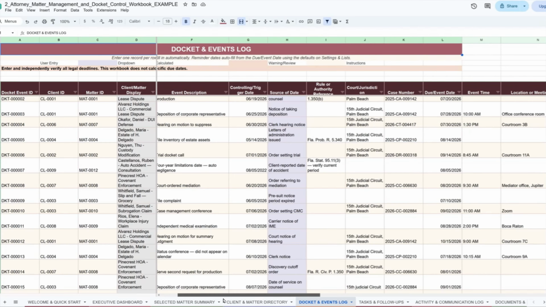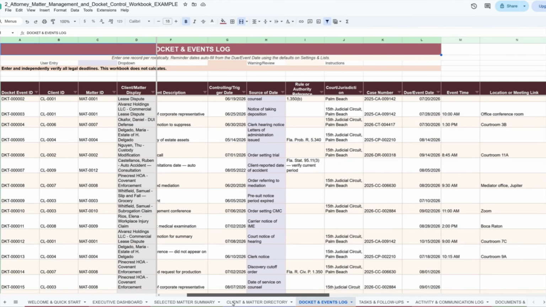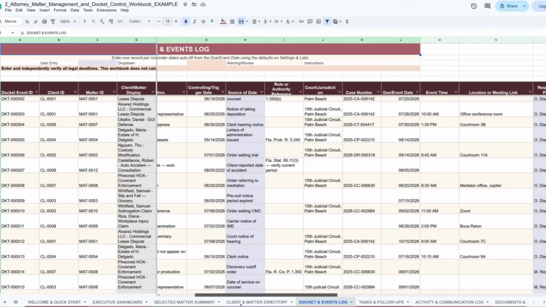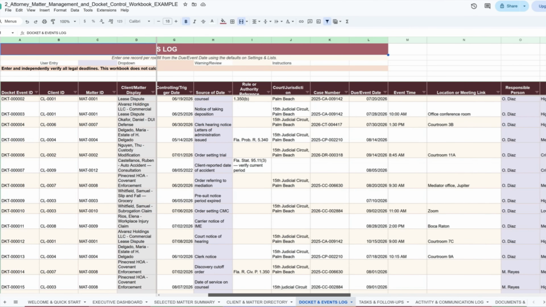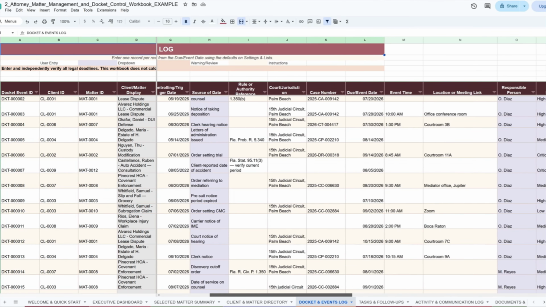The user then selects the appropriate Matter ID. Click a Matter ID dropdown or select an existing Matter ID. Point to the populated description. After the Matter ID is selected, the related client and matter description populate automatically from the client and matter directory. This helps connect the event to the correct matter and reduces the need to retype the client and matter name